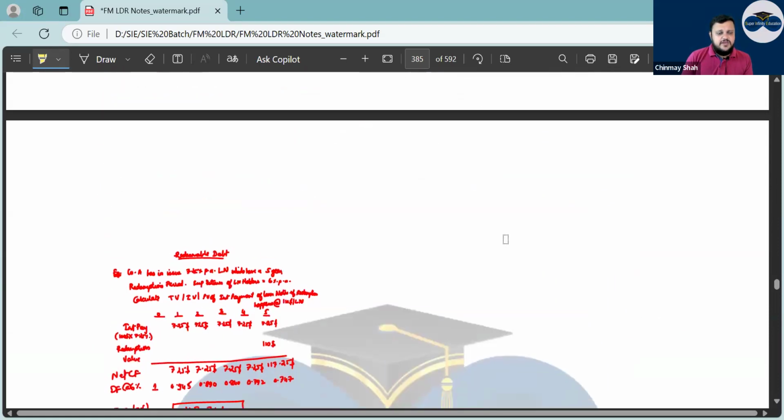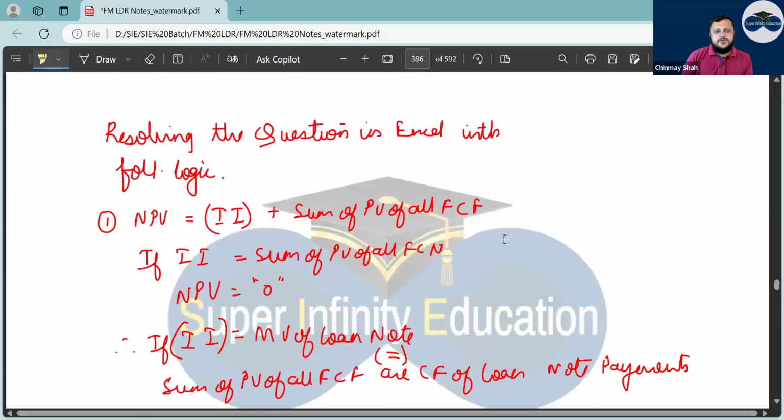Then come to redeemable debt. What is redeemable debt? In 4 to 5 years, redemption will happen. So in that case, for all the interest for 5 years, today's market value is negative, interest is positive, and the redemption value is whatever it is at the end. All the cash flows, you will find the net cash flow and find the rate at which it should be discounted so that NPV is equal to 0, if you remember.